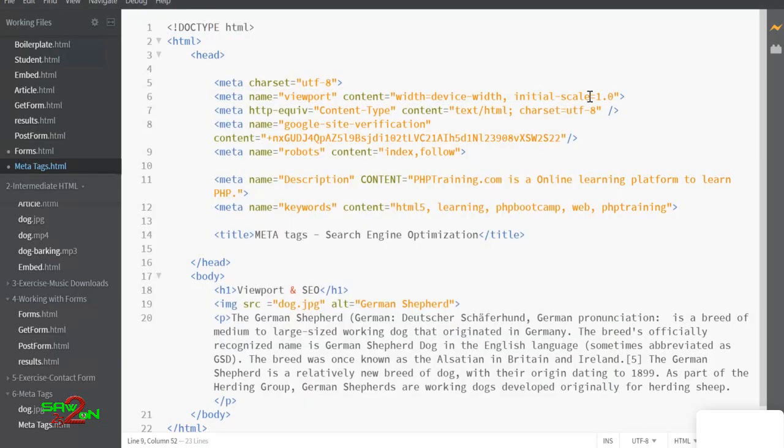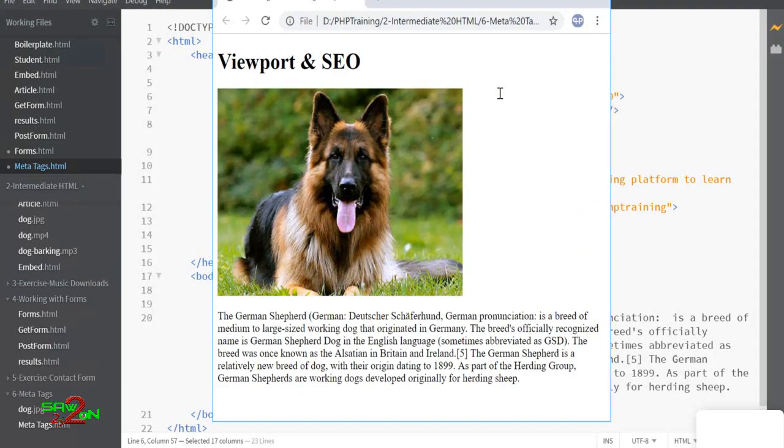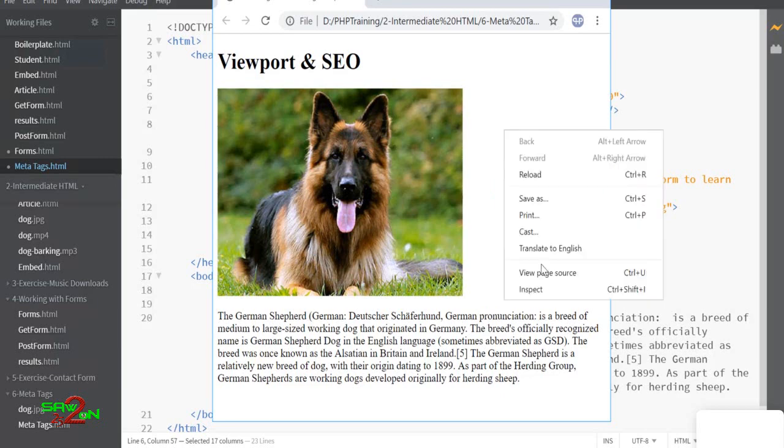That's why you set the initial scale to 1 and the width to device width. Whatever device you have, the width matches that device. If you don't do it, whatever width you specify will be static and will not change, meaning someone has to scroll the page inside the device as well. So let's look into it.